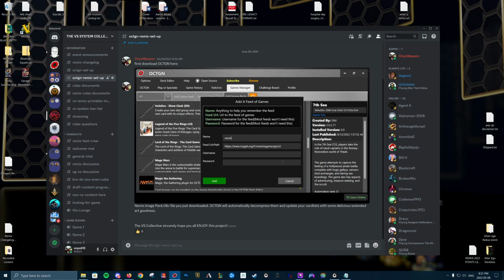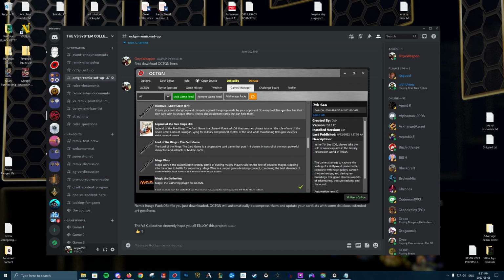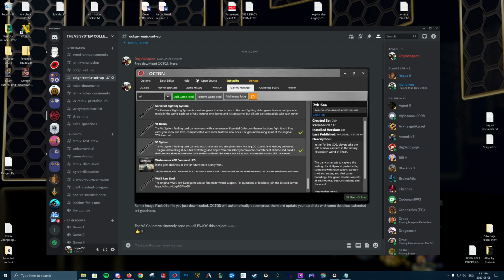You do not need a username and password, even though you just set it up. You don't need a special login to run this. And then you're just going to click add, and it's going to put the game on. Again, I already have it, so I'm going to skip that part personally. Once the game is in, you should see it show up here in your all section,